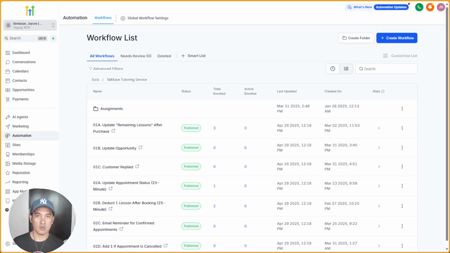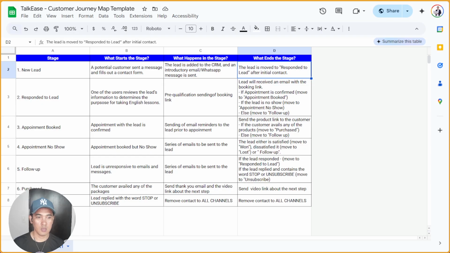Before we dive into the workflows and automations, I want to share this document with you, which is kind of like the map or the overview of the entire CRM.